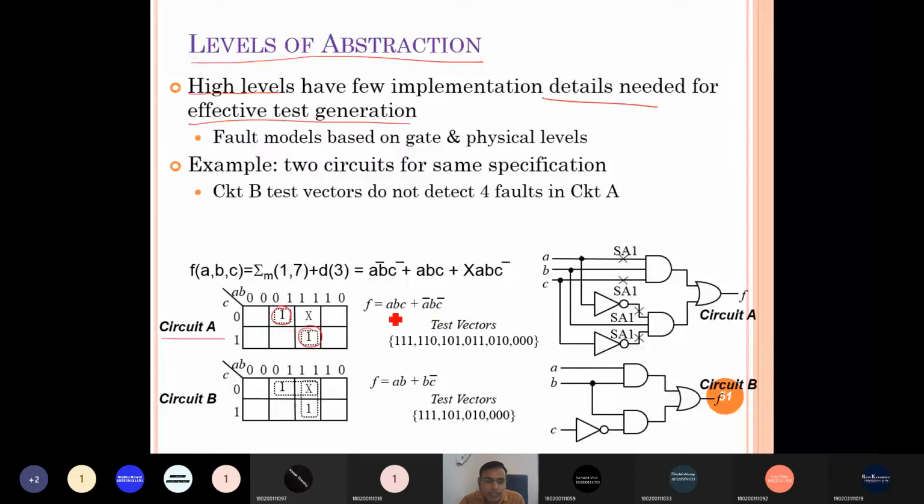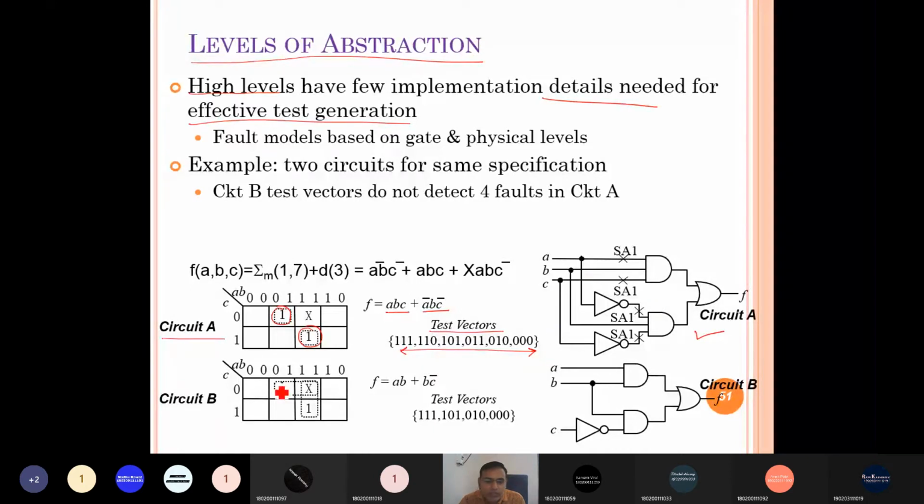So it has two product terms, and if you implement these two product terms, this is the circuit, right? And if you want to detect faults, the test vectors required are these.